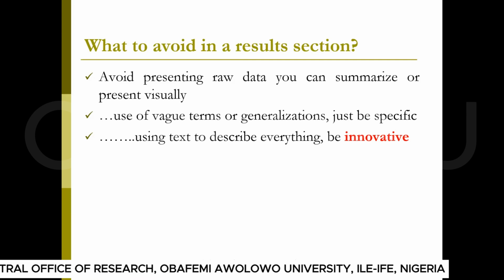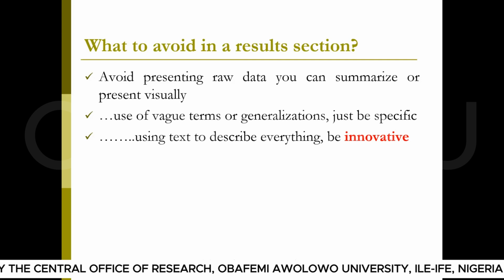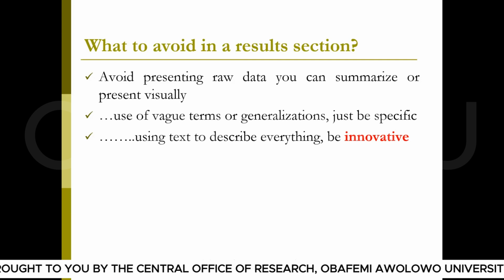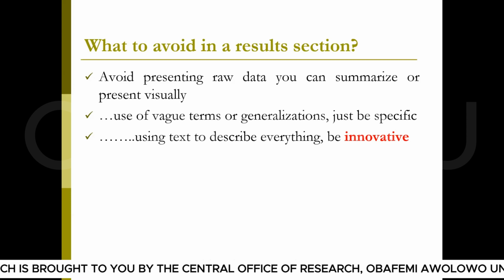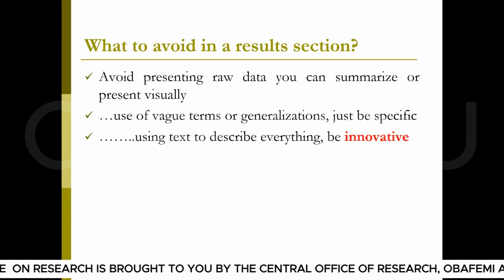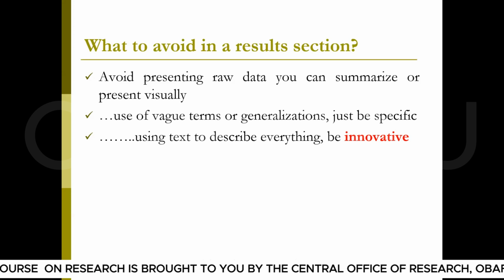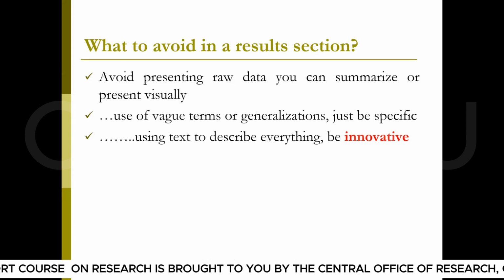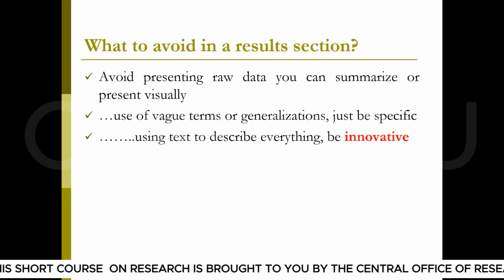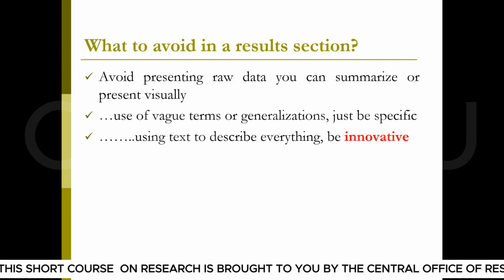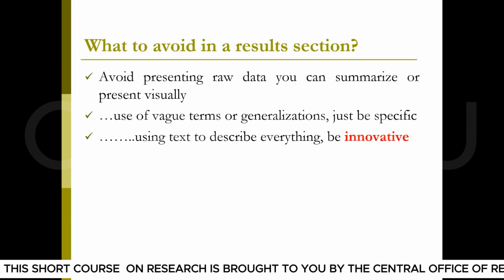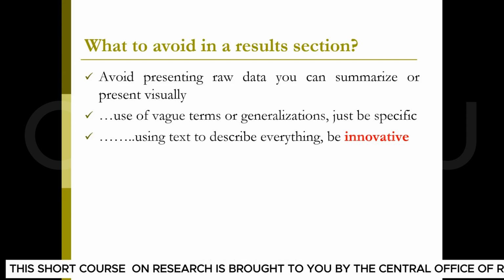For example, is it voting patterns you have examined? Is it involvement in campaign among gender, for example, male and female involvement? So at that point, you don't use general terms or generic terms like political participation or juvenile delinquency. At that point, you want to know what aspects, so you use specific terms in your report, and of course, you also want to avoid anything that would make your work boring.